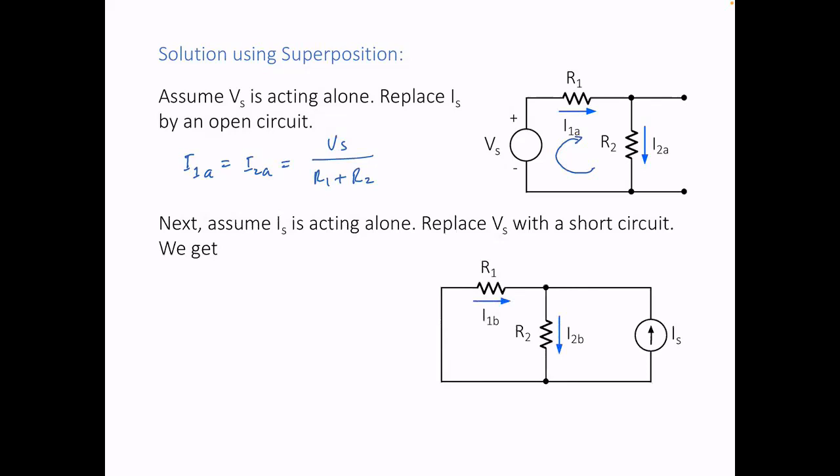Now, if we assume that IS is acting alone, so V sub S is acting alone, we replace IS with an open circuit. Here it is, IS acting alone, so we replace VS with a short circuit. It's now very easy to get I1B and I2B. Now, we can use current division. So using current division,